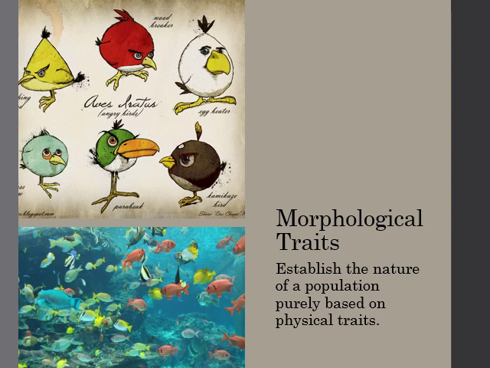Heck, if you played Angry Birds, because I don't think anyone plays Angry Birds anymore, because they saturated that market. But it's the idea that you have different colored birds, different shaped birds. They can do all sorts. You can sort them in different ways. Which one came first? How are they related to each other? Do you do it by shape? You've got that stupid triangle bird. You can do it by beak size. Some are giant beaks, some are tiny beaks. You can do it by color. There are all sorts of ways to sort things. You, as the taxonomist, get to make that call.